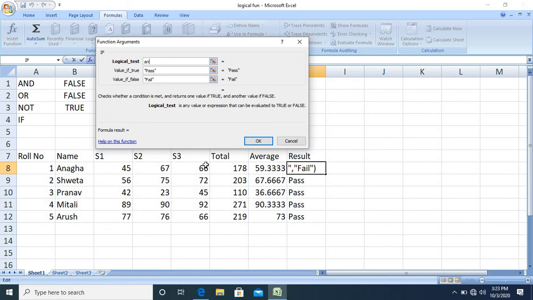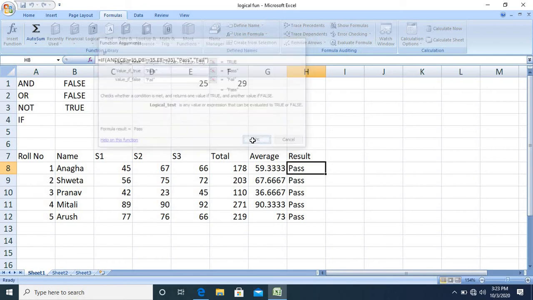The condition for passing is that all the subject marks should be greater than 35. So I can include here AND subject 1 greater than or equal to 35, comma, subject 2 greater than or equal to 35, comma, subject 3 greater than or equal to 35. Click on OK.